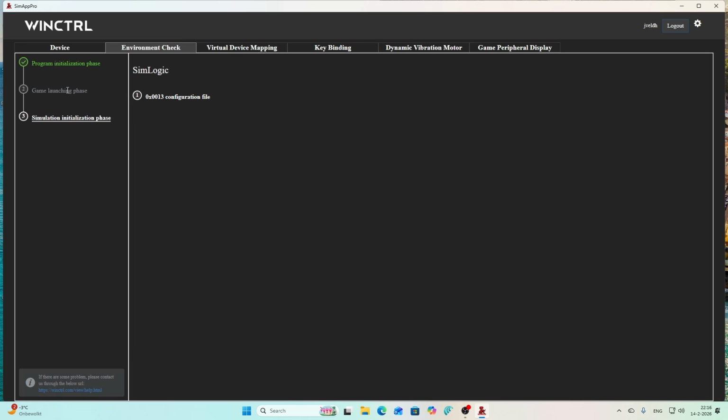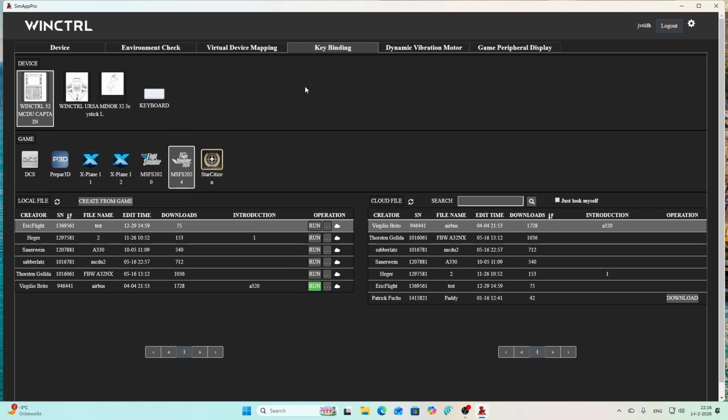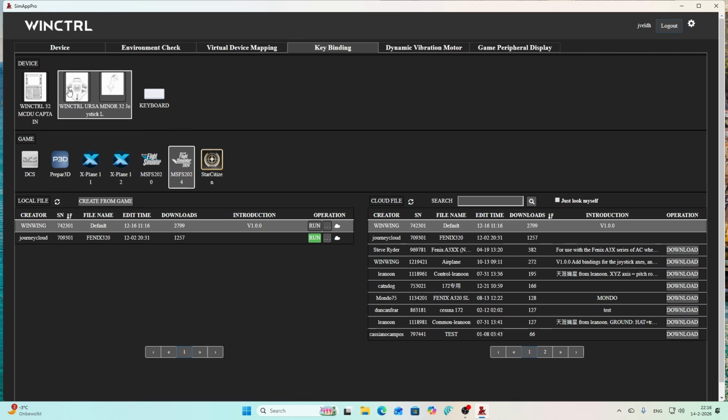In some cases you see, hey, it's not entirely green. It doesn't always mean that there is an issue. In this case, there is an issue because Flight Simulator isn't running. But make sure that you at least have the 3 green charts. Then go to the key binding and then try to bind it. Then it will likely say, hey, you tried to bind, but the game is still running. If it gives that error, then exit Flight Simulator and then set the configuration here in SimAppPro and then start